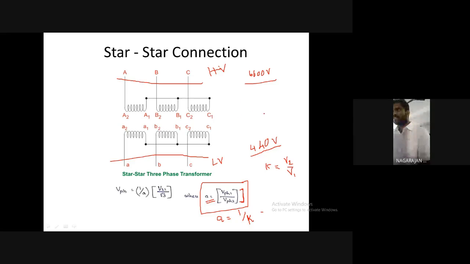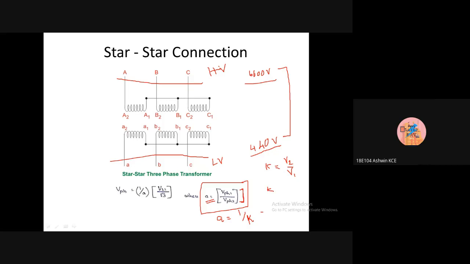For example, take this as an example. For this 6,600 by 440 volts transformer, what will be the K value? K must be,